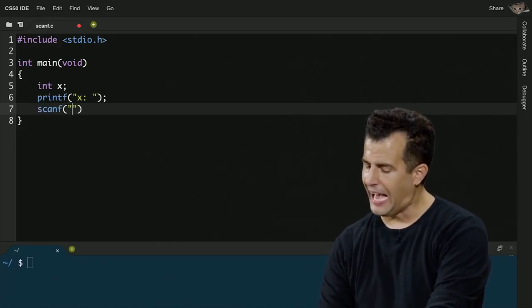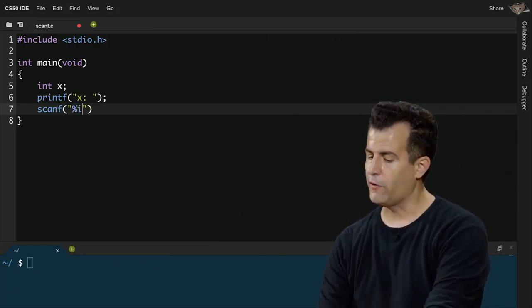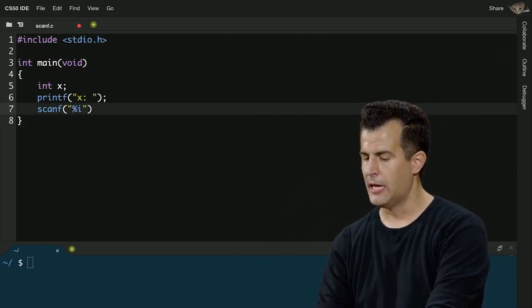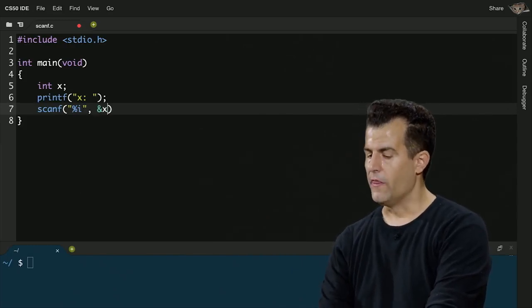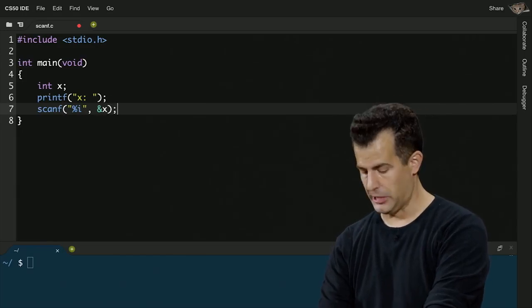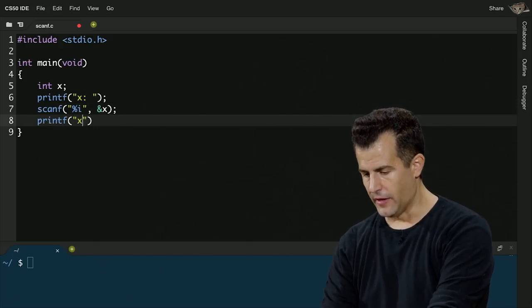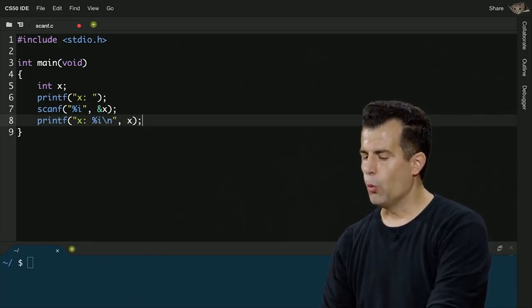And scanf is kind of similar to printf, where you give it a format code, which signifies what it is you want to scan from the user's keyboard, so to speak. And you specify the address of a chunk of memory that you want to put the user's input in. And then I'm going to go ahead just arbitrarily and print out that the human here typed in, for instance, that value.